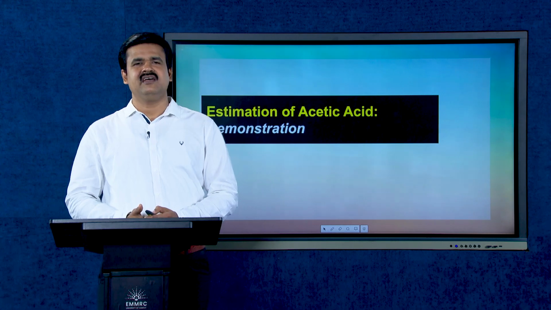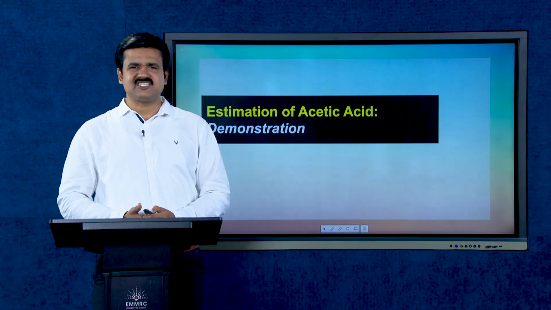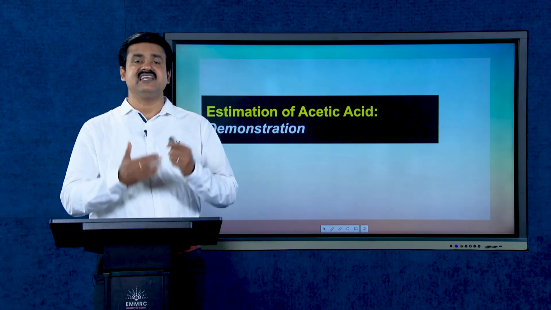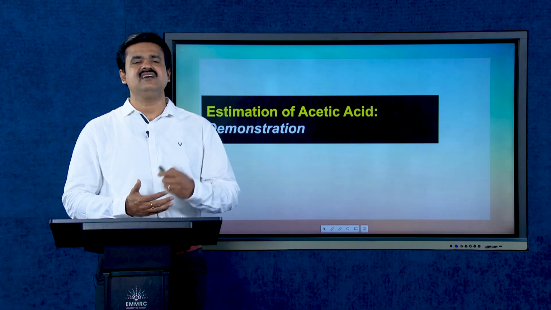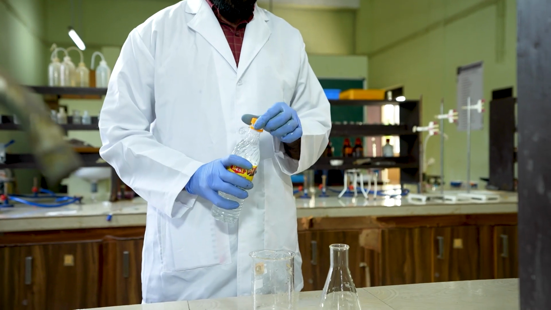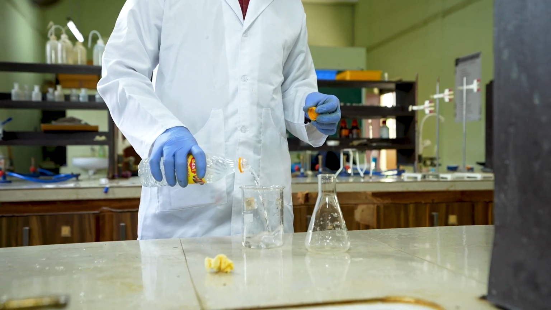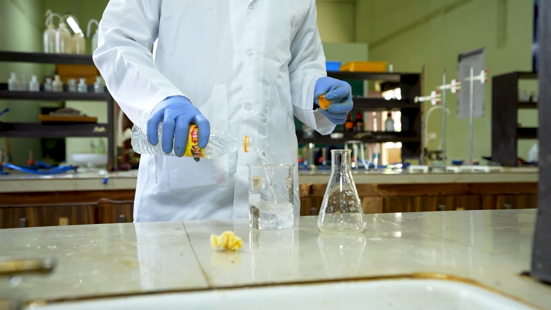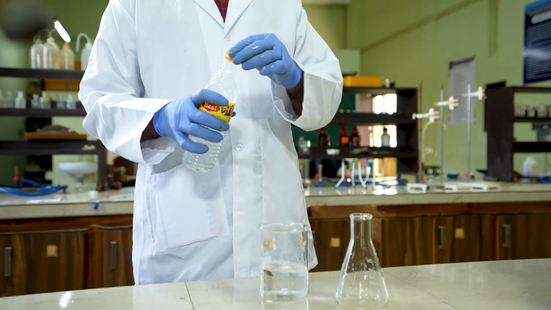Now we can demonstrate the experimental part behind the estimation of acetic acid. Over to the laboratory. Now take a commercially available sample of vinegar and transfer some quantity of